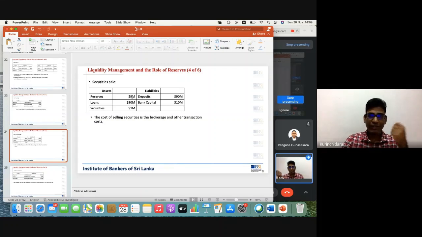If you are earning a good return from the reserves, nobody is going to care about it. You can have excess reserves, but the problem is you aren't going to earn anything. So the banks always want to have fewer reserves, but they have to have some kind of contingency plan. If there's a shortfall, how are they going to manage that, through borrowings or by selling their investments? They have to think of that.